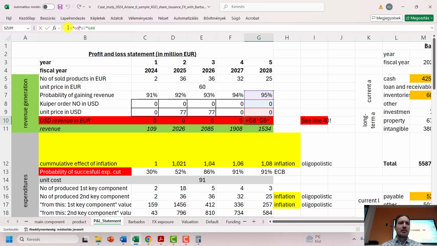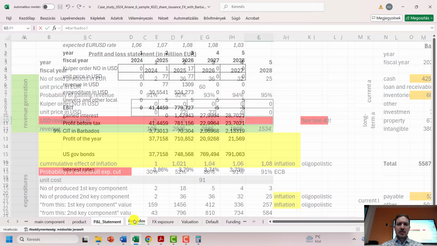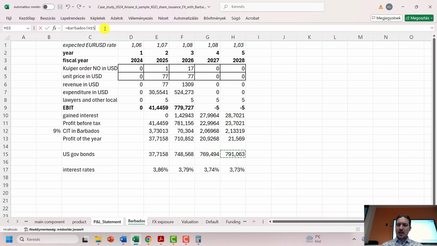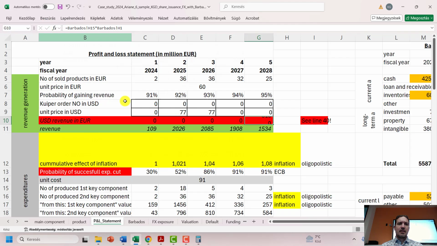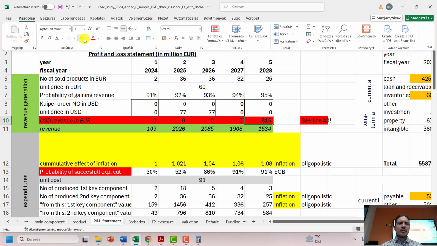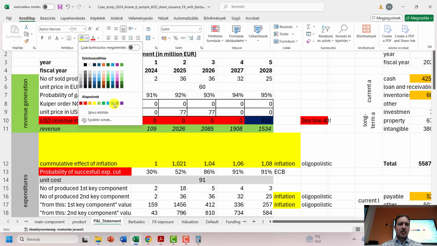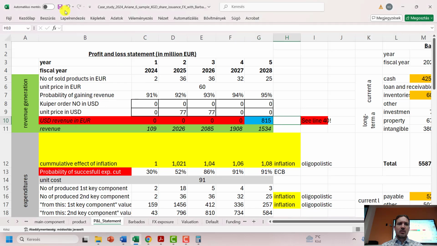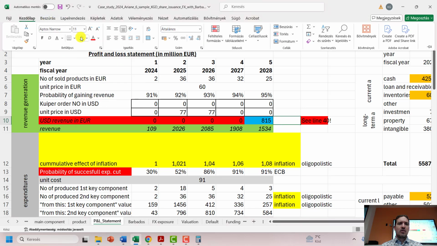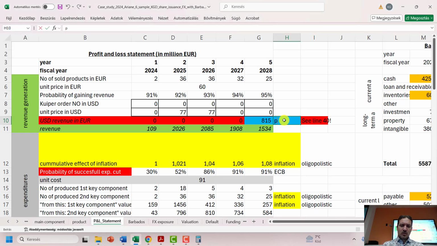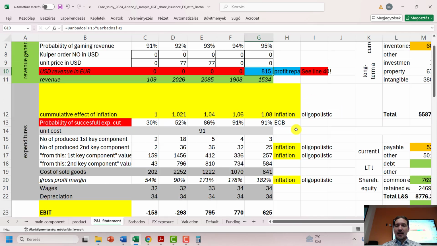Okay, so in this case, probability of gaining revenue, nothing like this happens. USD revenue in US dollars, so we are taking this number and then we are converting it back. So we realize. Let's use profit repatriation, and